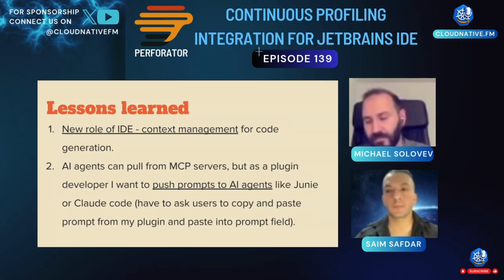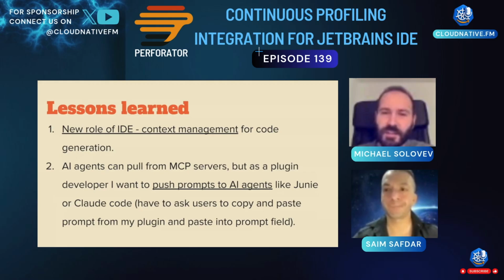And I was just thinking about what the current role of the IDE is, because I think it's changing at the moment. Previously, it was a tool that helps you as a developer to write correct code, to write code faster, and to do static analysis of your code and so on. But currently, it feels like it's more of a context management tool, or going in this direction, because it's more about the AI code generation,